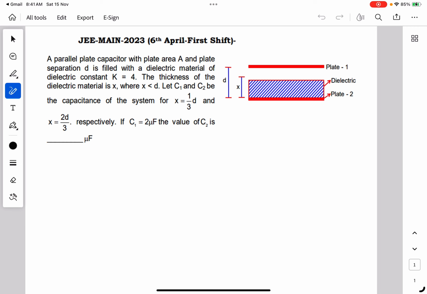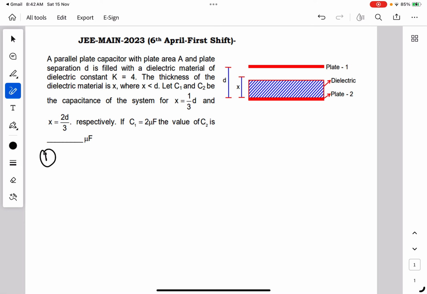Let C1 and C2 be the capacitance of the system for X equal to D upon 3 and X equal to 2D upon 3 respectively. If C1 is equal to 2 microfarad, the value of C2 is. So in this question, there are two cases. In the first case,